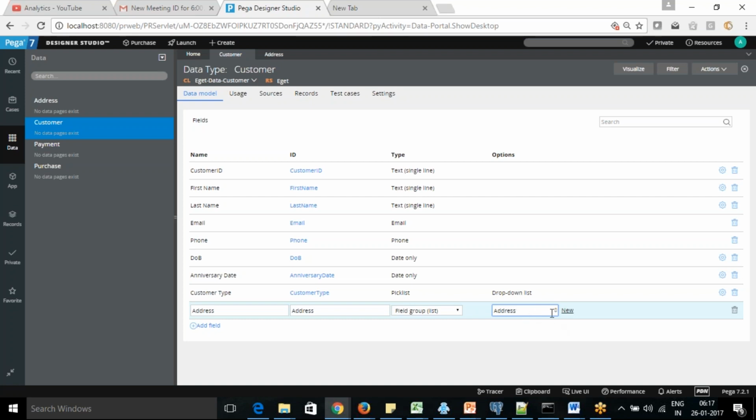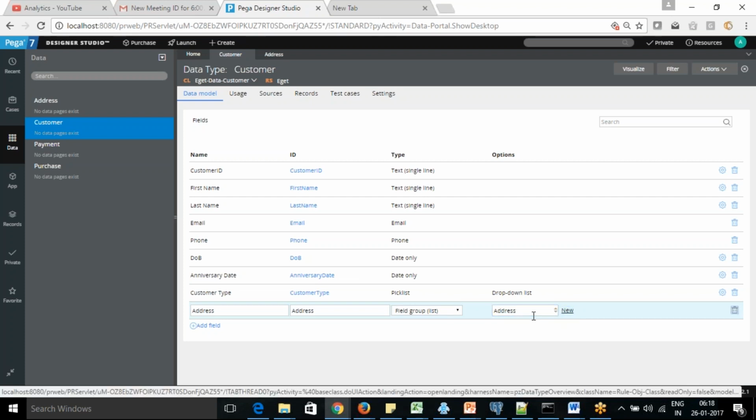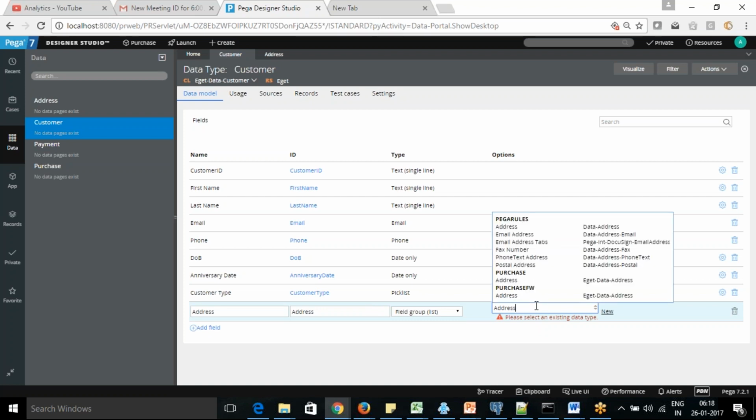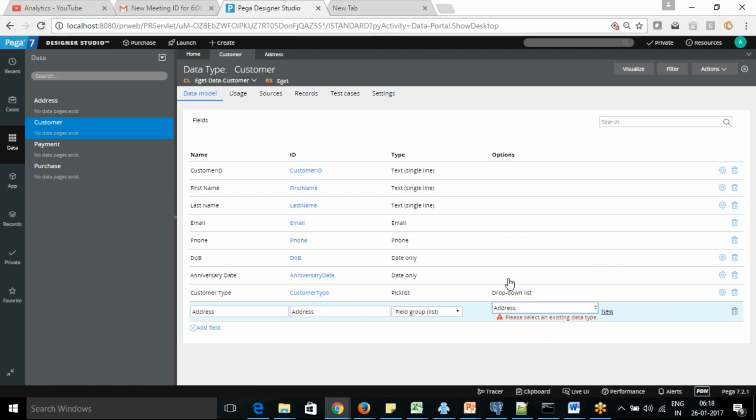When you give that address, it will try to find the existing one. It tries to find the name of that data type. We need to go for this one.